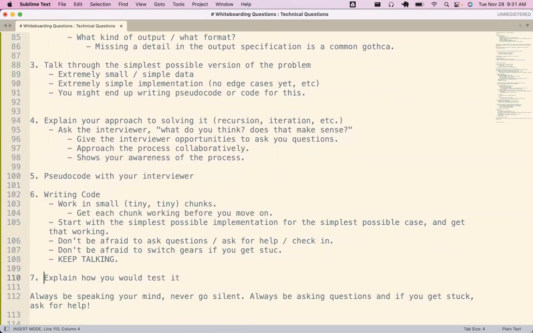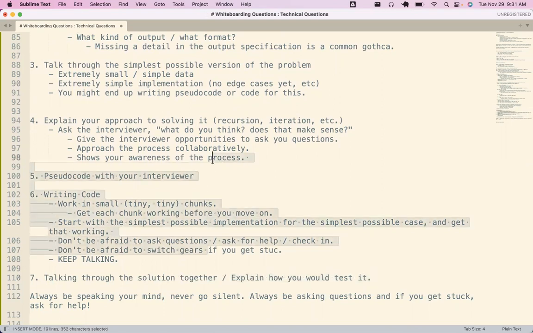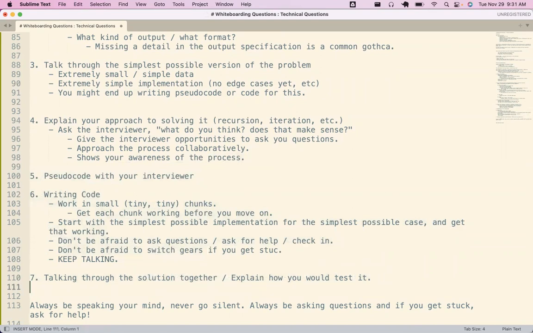Explaining how you would test it is always good to do and to be ready for. I think the focus is clearly on steps 1 through 6. If you get a good implementation, at that point it starts to be smoother sailing.